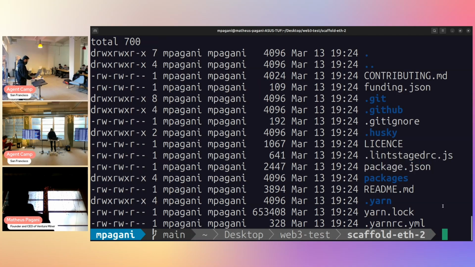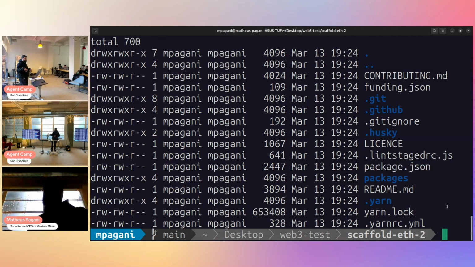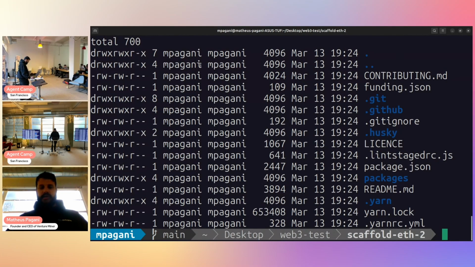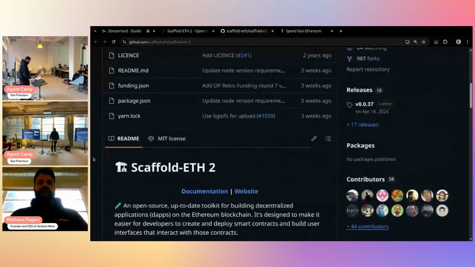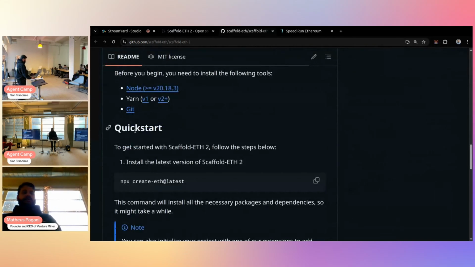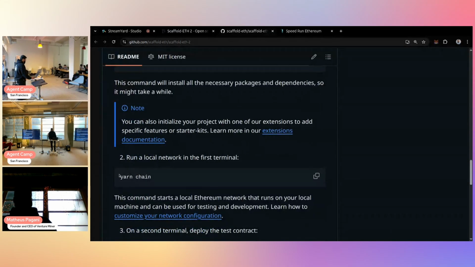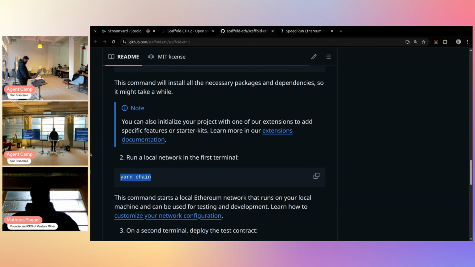So this is the initial point for my scaffolded project. Okay. Let me show what we have out of the box from it before we start tweaking it around. There are two commands that we can run here in scaffold to get started. That would be yarn chain to start a local chain. Are we launching a new blockchain here, raising $15 million? No, it's just a local test chain, okay? Just for us to get started with that tool.